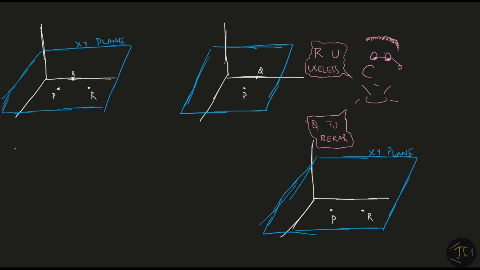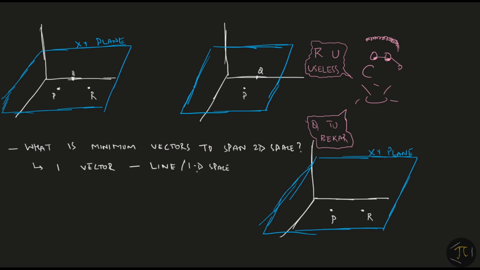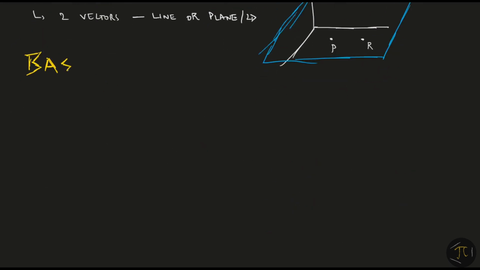Another question we could ask is what is the minimum number of vectors I need in order to span a two-dimensional space or a plane. A single vector alone cannot define a plane. At max, it can give me a line or a one-dimensional space. But with two vectors, we would either have a line or most of the times, they would actually span a plane. तो ना कुछ कम पड़े और ना कुछ ज़्यादा हो, इसके लिए we define the basis of a vector